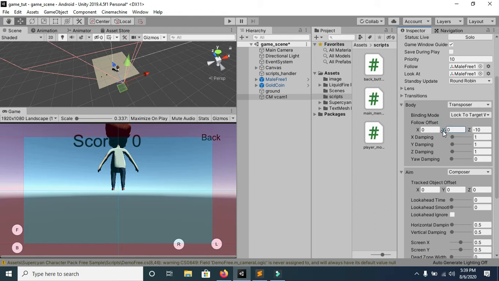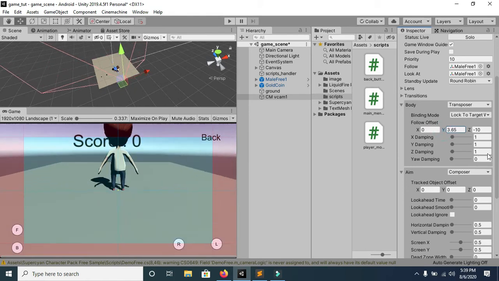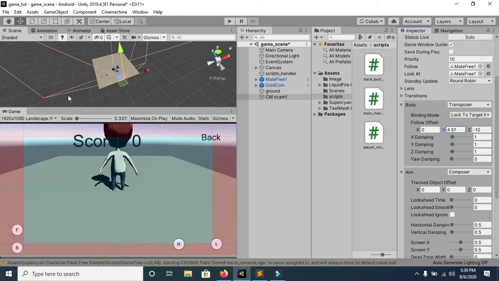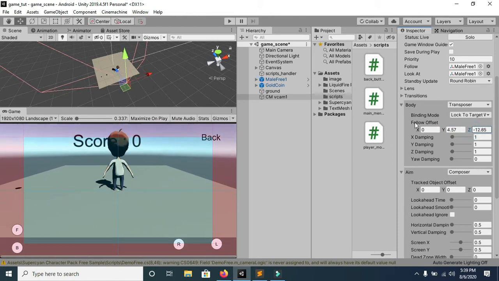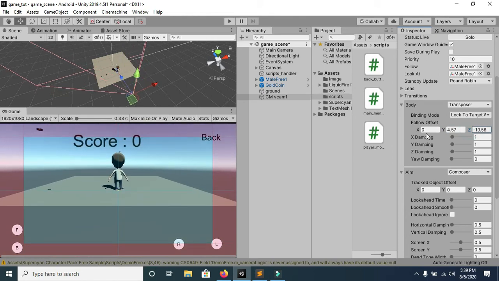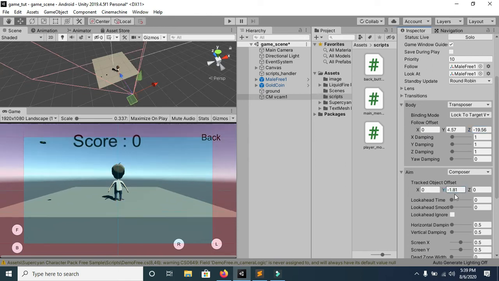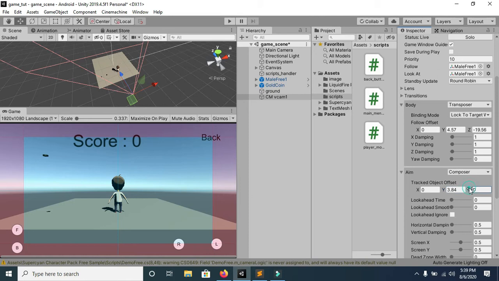And now you can see there are plenty of options. Using these options you can change the x and y values and change the position of your camera. If I change this y and z, you can see that I can easily change my view. It's up to you what suits you most, and you can go with that setting.